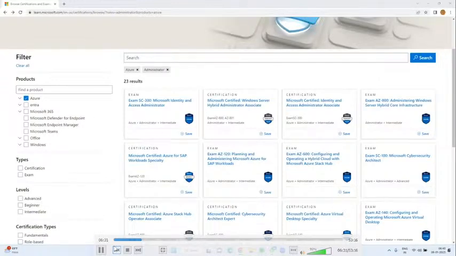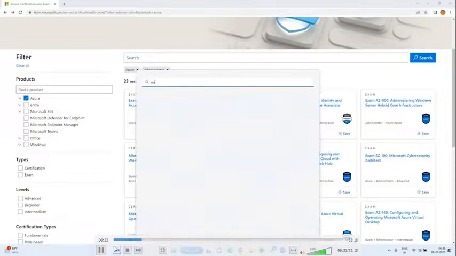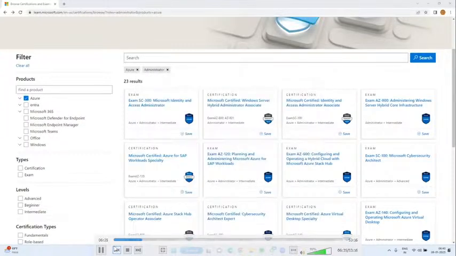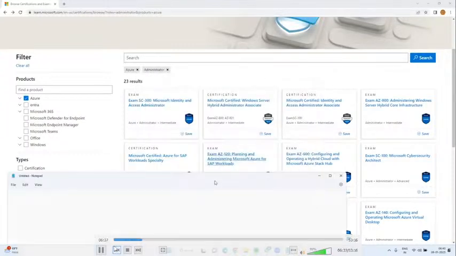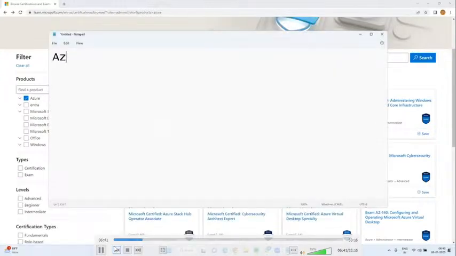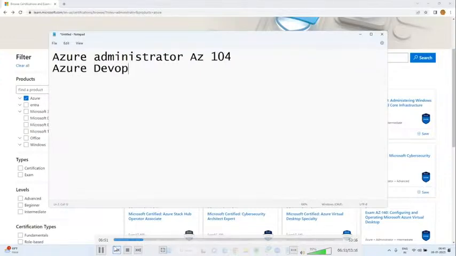Next, as I said, I am going to cover AZ-104, Azure Administrator. Next, Azure DevOps.